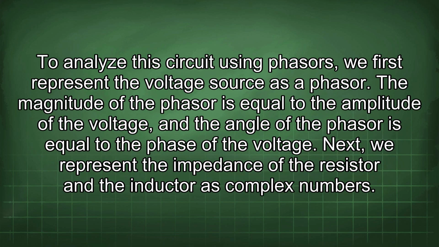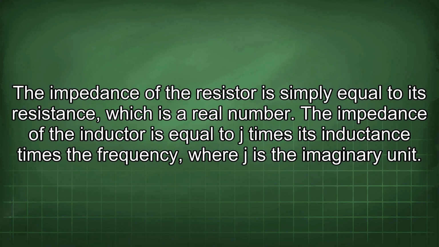To analyze this circuit using phasors, we first represent the voltage source as a phasor. The magnitude of the phasor is equal to the amplitude of the voltage, and the angle of the phasor is equal to the phase of the voltage. Next, we represent the impedance of the resistor and the inductor as complex numbers. The impedance of the resistor is simply equal to its resistance, which is a real number. The impedance of the inductor is equal to j times its inductance times the frequency, where j is the imaginary